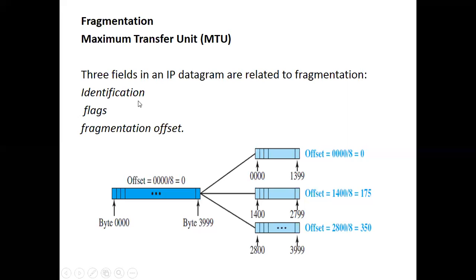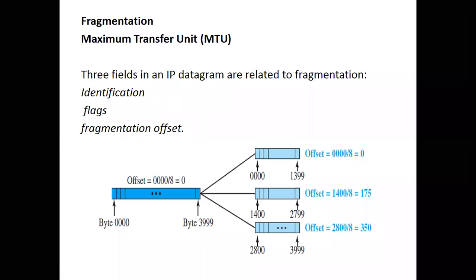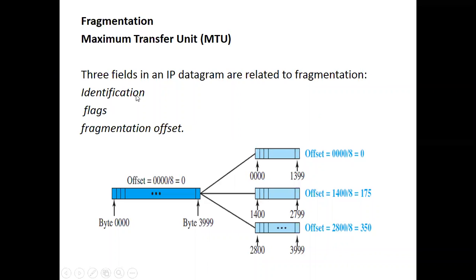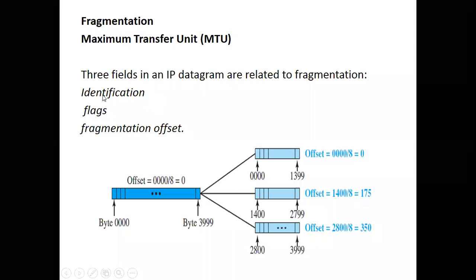The first one is the identification. This carries the control field of the datagram. If I have a first datagram with 3 parts and a second datagram with 5 parts, the first and second are for my recognition. The network can understand it with the identification field. Symbolically, the first datagram may be D1 and the second D2, but here it carries a 16-bit value to indicate the datagram number.